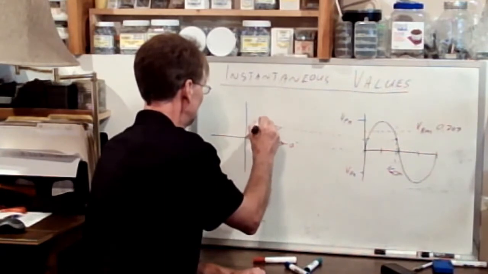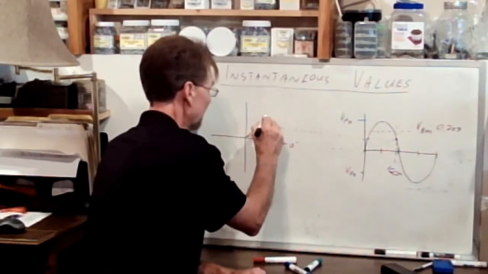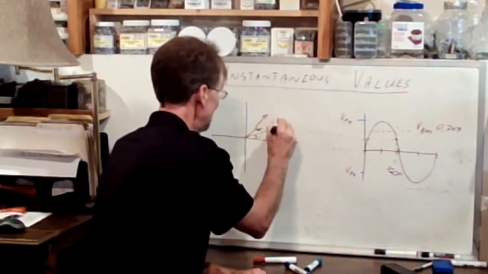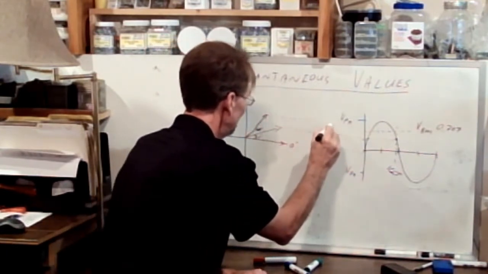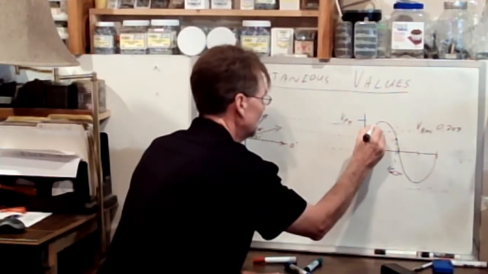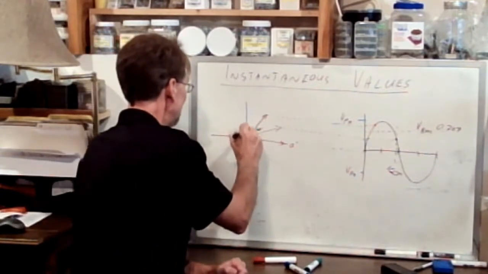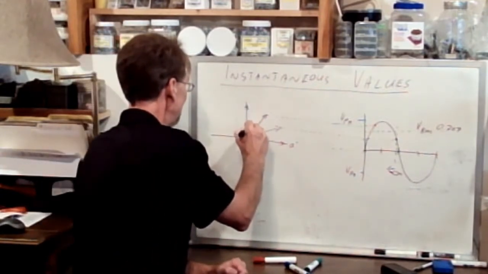When I draw my vector at 60 degrees, I didn't quite get this to scale, but that's pretty good actually. There's a point on our sine wave, and then when we get to 90 degrees,